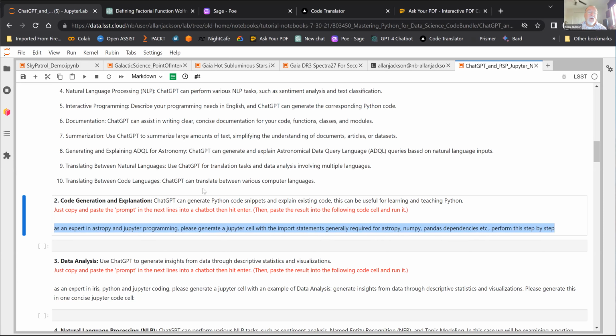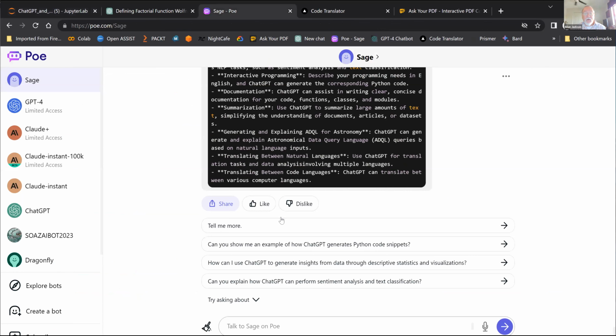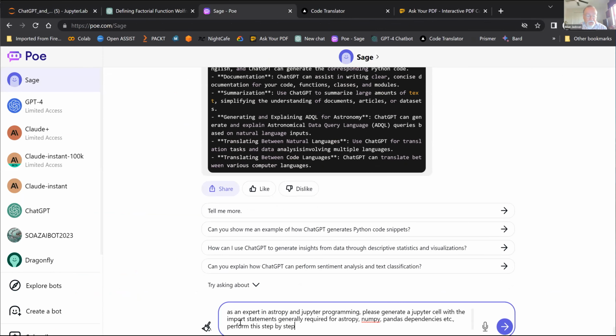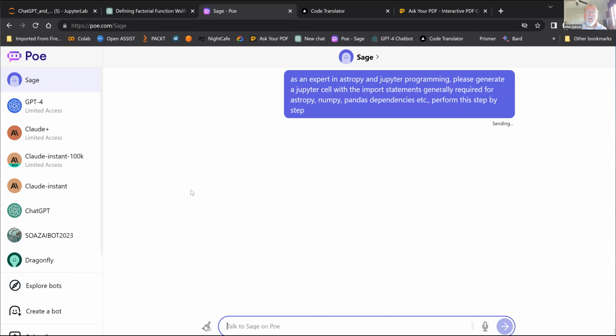So it says copy the prompt, paste it into the chatbot, and just hit enter, or the purple arrow in this case with Poe.